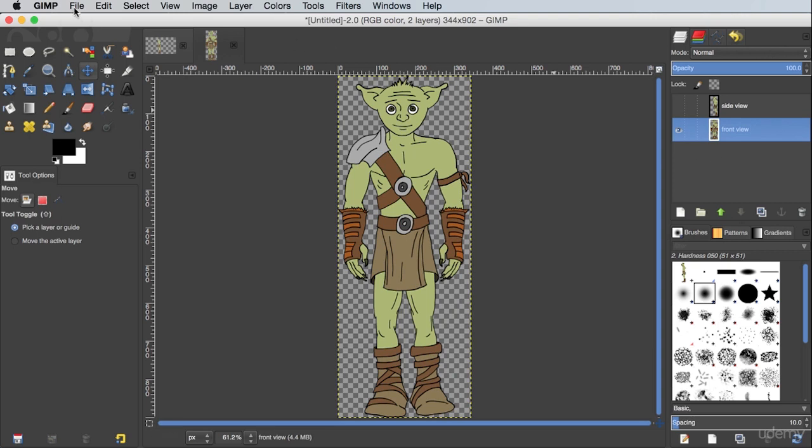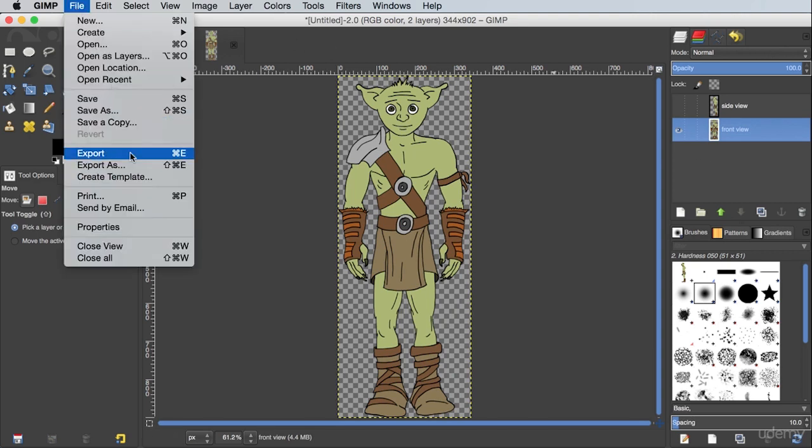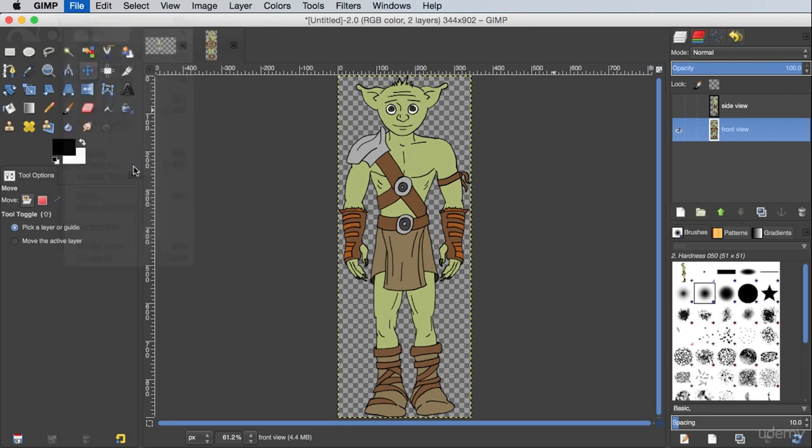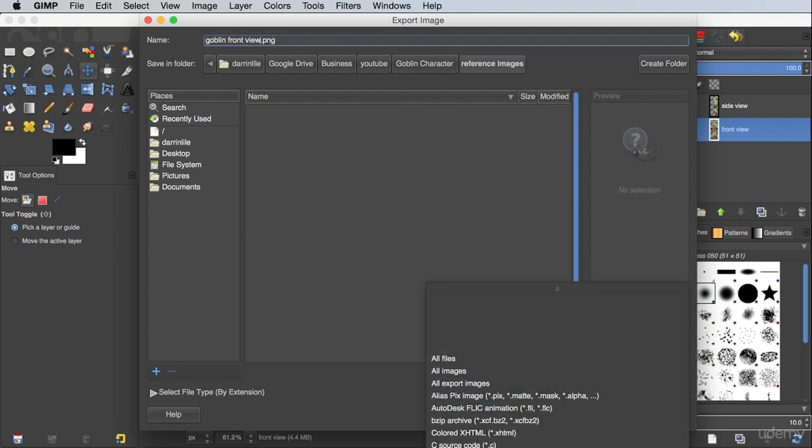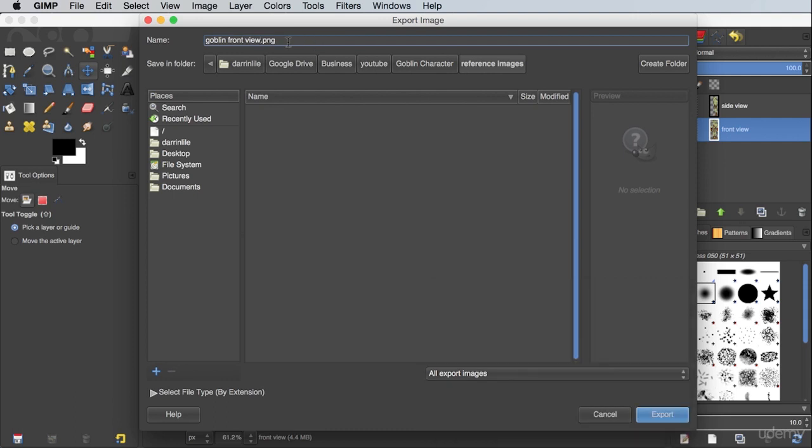So now I'll just go to File, Export As, and I will call this Goblin Front View. And it's automatically going to save it out as a PNG. That's actually what I want. You could choose from different file types here, but PNG is exactly what I want here. So I'll save this. I'll export it as a PNG